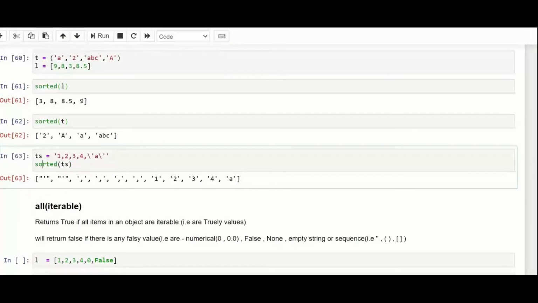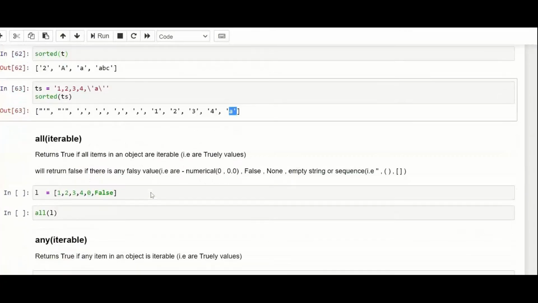If I talk about strings, your strings are in a quotation format, and these are the specific values 1 comma 2 comma 3 comma 4. Commas are actually included in your string. Your string starts from here and it ends till here. There is no separation as in a list where we use commas. This is how things are sorted. First the punctuation marks come in, then your numbers which are in a string format, and then your alphabet. That is how it works.